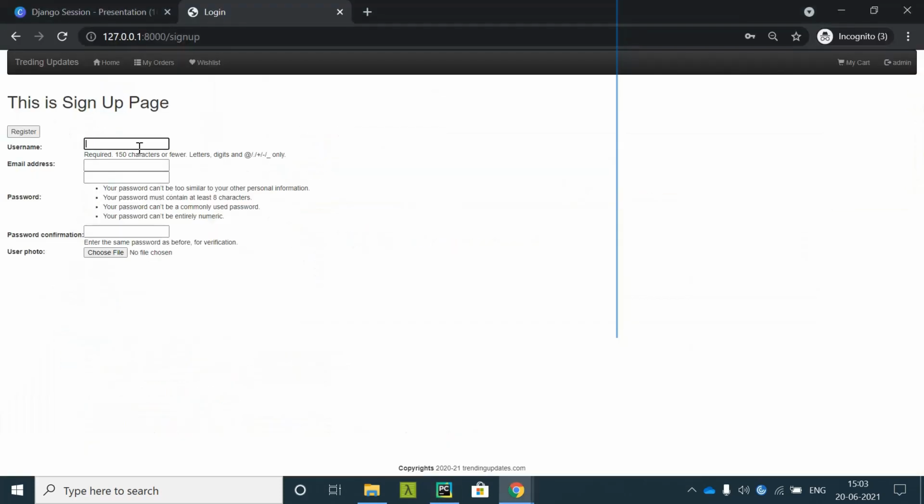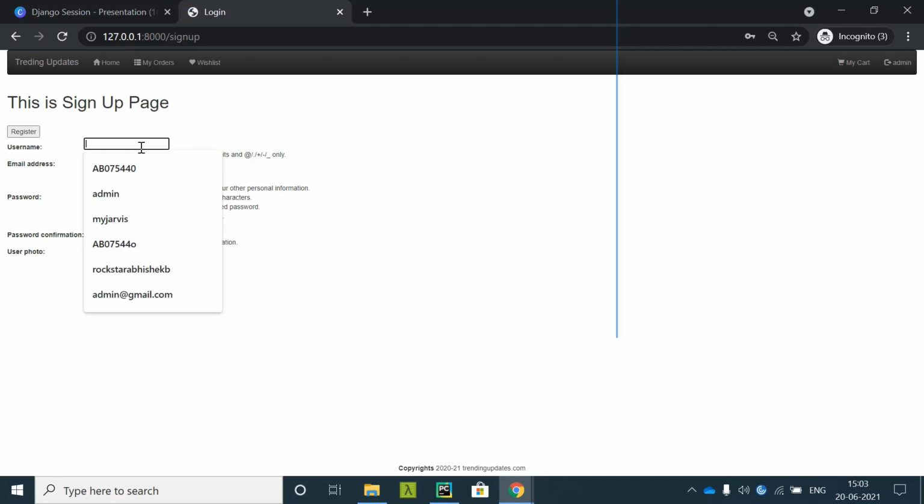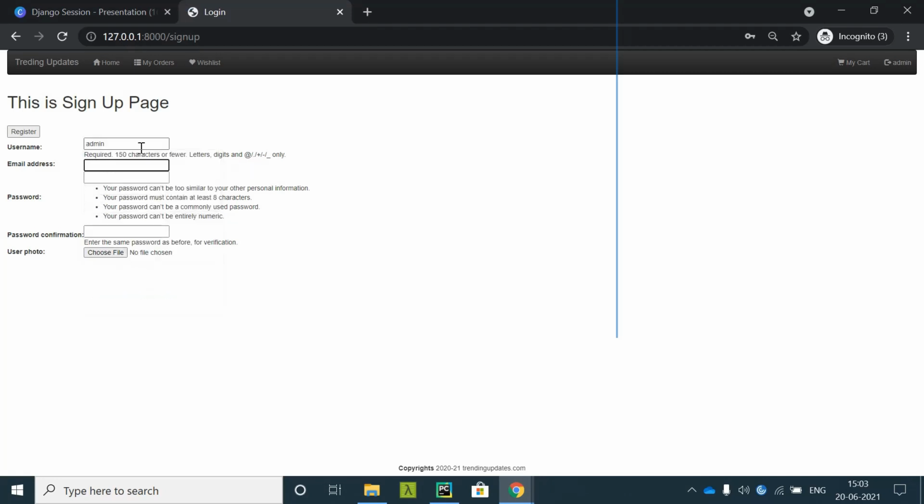Not admin, I'll type some other username and abby@gmail.com, root@123, root@123. Photo is not a required field, so I'll leave it as it is as of now, and I'll click on register.